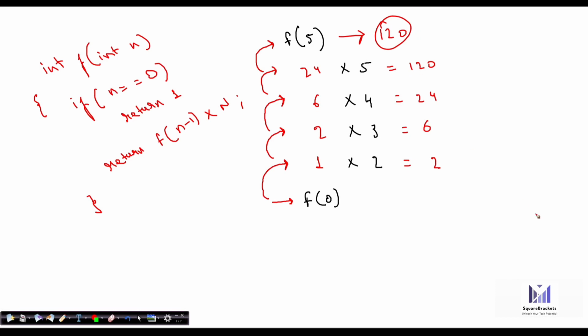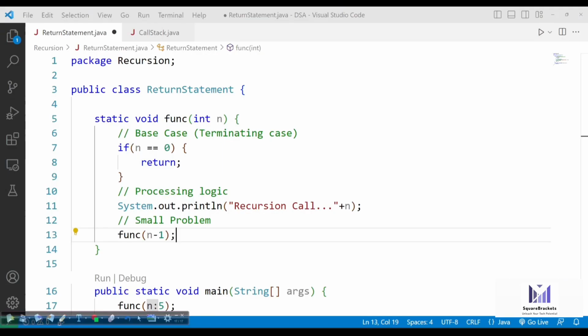I hope you are able to understand the thing till here, that how exactly recursion is working. All right. So this is how recursion is going to work. So first you need to see that every time we call the function, it becomes 5, 4, 3, 2, 1. So whatever is returned from the previous call will be returned back to the previous call. Okay. So if F1 called F0, whatever F0 will return will be received by F1 and multiplied by your n. So this is how this program is going to work. Now let's try to execute this.